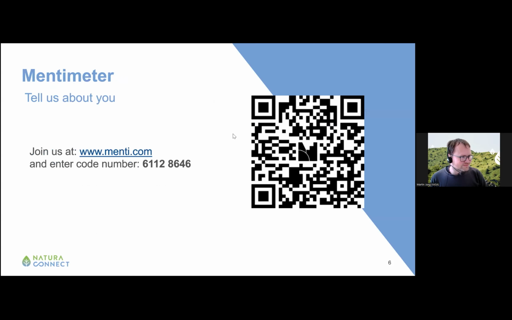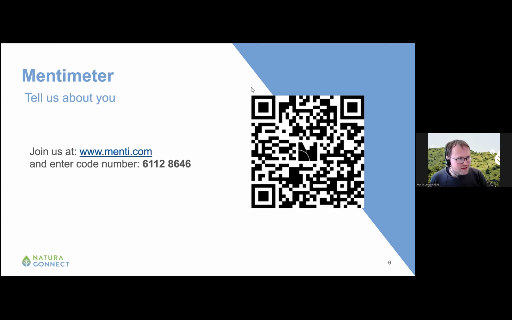Before we tell you a little bit how we are going to do all of this, I would ask all of you to participate in a little Menti exercise. Menti is an online tool. You can scan this QR code here or use the menti.com website and enter the code shown on this slide.